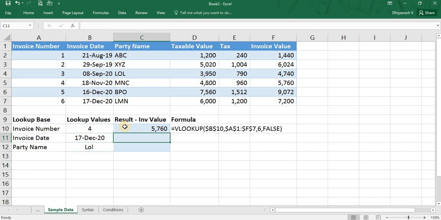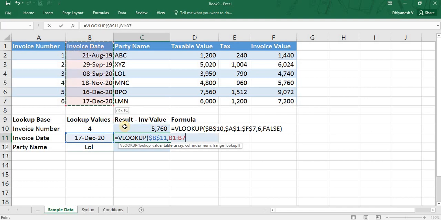So we will try it based on invoice date also. So equal to VLOOKUP. Lookup value is my invoice date 17th December 2020, and the table array should start from the invoice date and not from invoice number. So invoice date, and now the column index number is 5, because the table range contains only 5 columns.